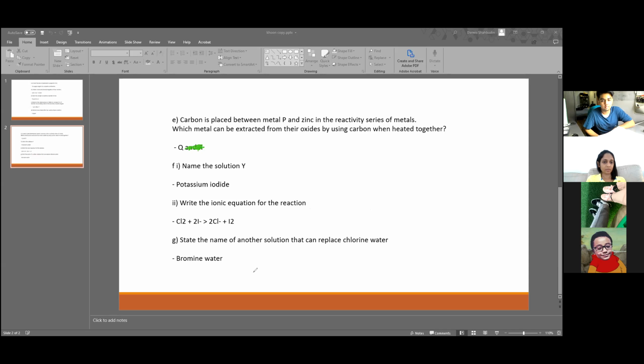Right. So the second question they ask for ionic equation. In order to get this equation, we need to have the oxidation equation and the reduction equation first. So the question for oxidation is